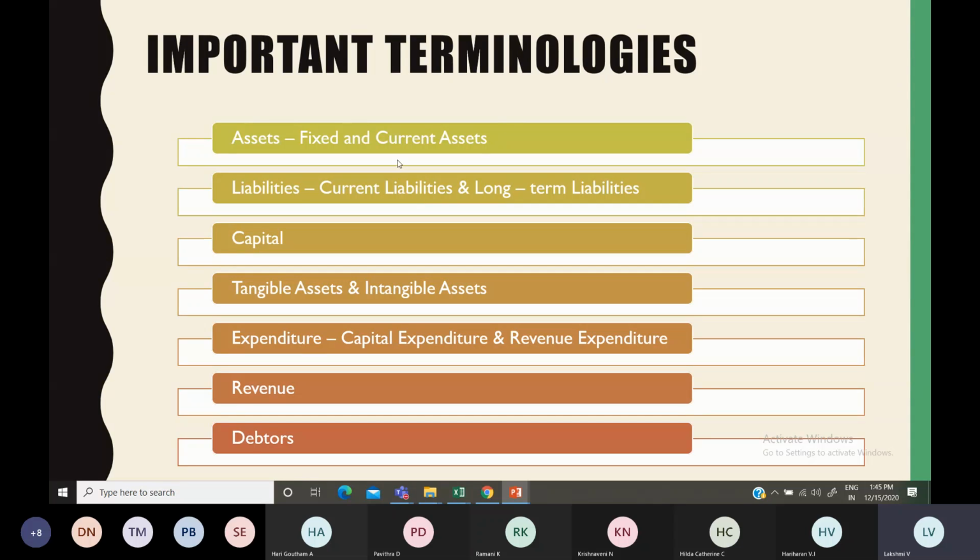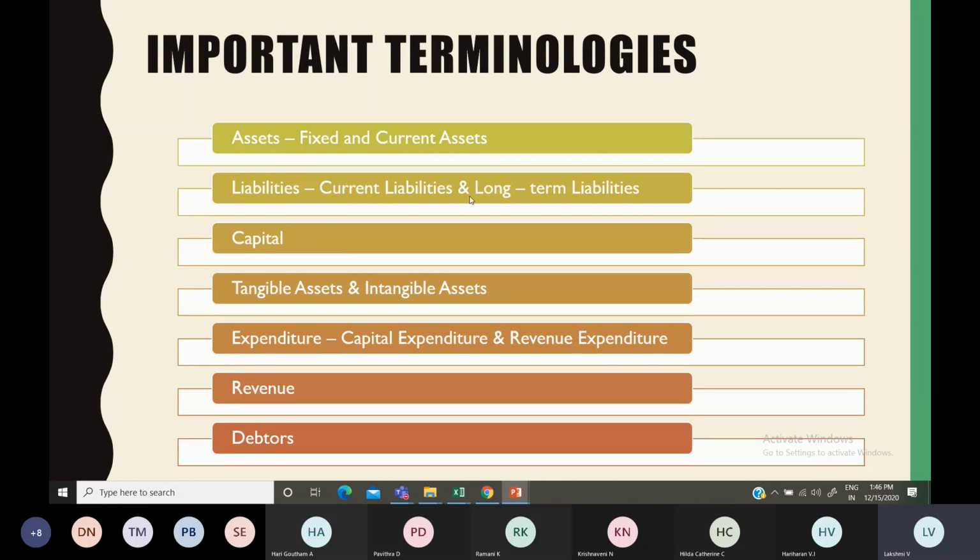So liabilities means current liabilities and long term liabilities. What is meant by liability? Liability is the obligation which has to be fulfilled by the company. They have to pay the dues, they have to pay the loan. If it has to be fulfilled within 1 year, it comes under current liability. If you can pay after more than 2 years or 5 years, it is not that you have to pay immediately, and that means it comes under the long term liabilities.